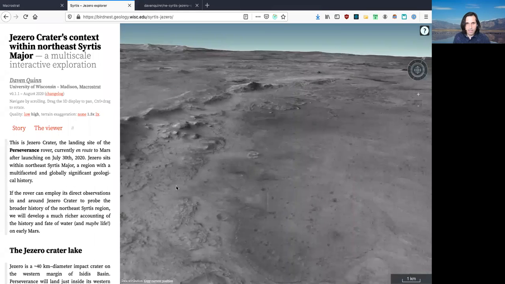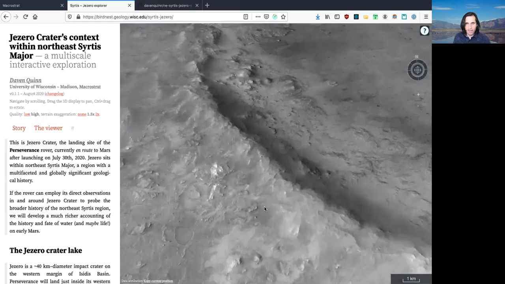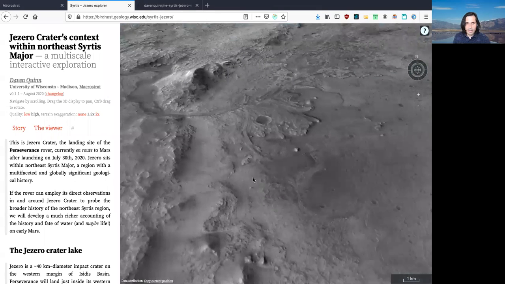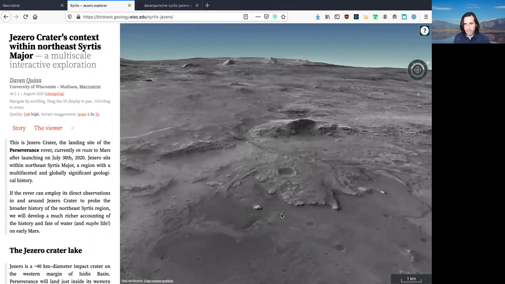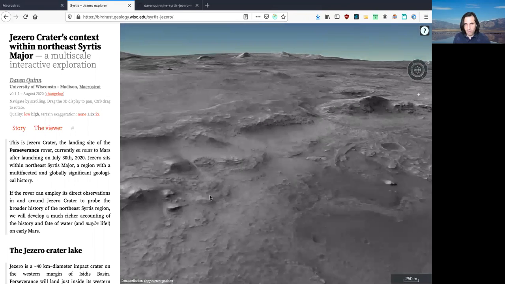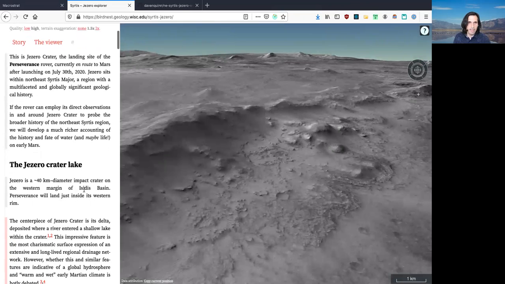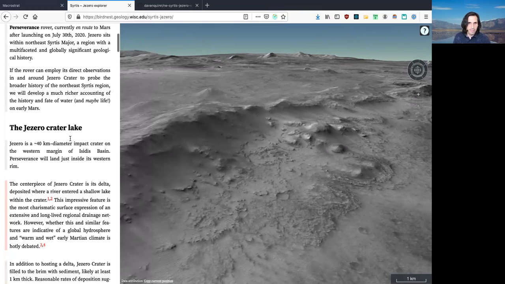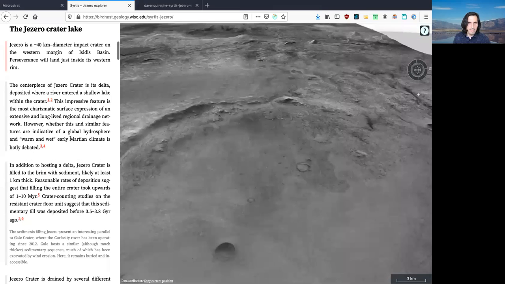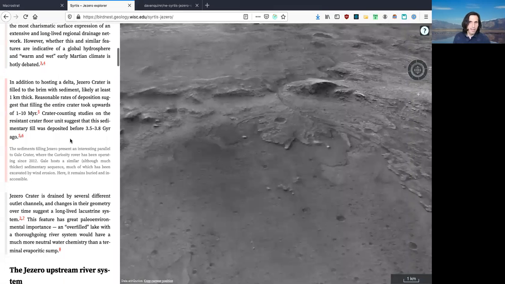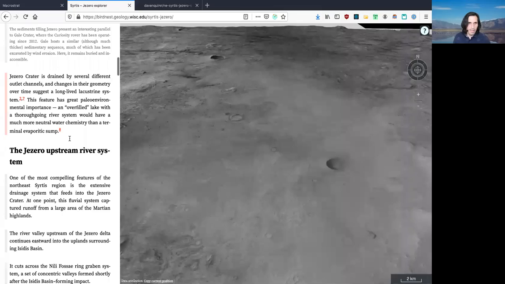And so this is a pretty powerful viewer built on top of Cesium. And it's certainly something that could form the core of an application geared just towards being a map application. But one of the things that I did was I put this in the context of a science essay, just laying out in fairly technical terms the details of Jezero crater, its regional context, its river system, outlet channels,